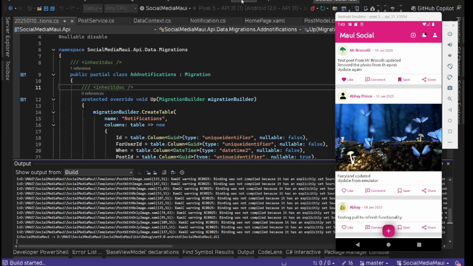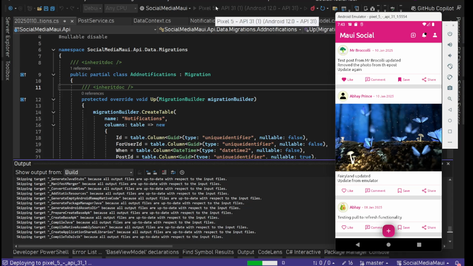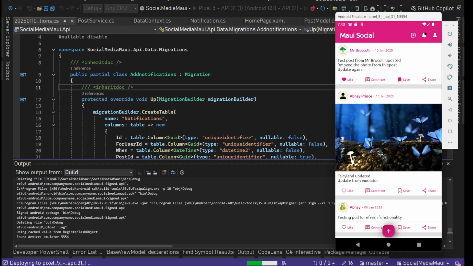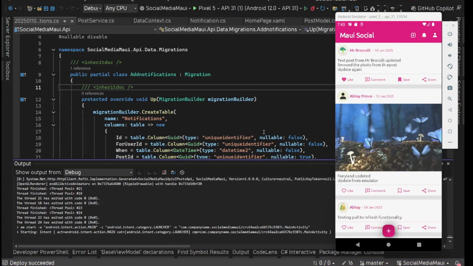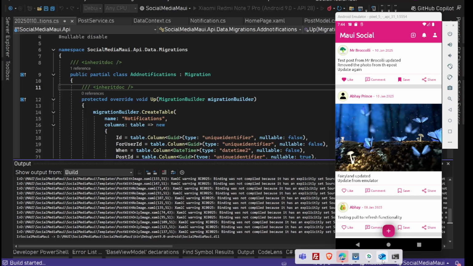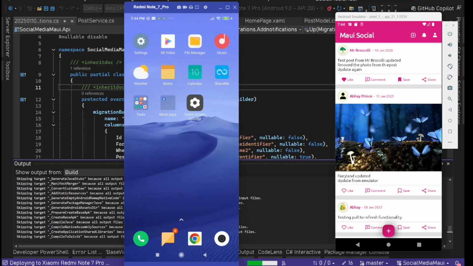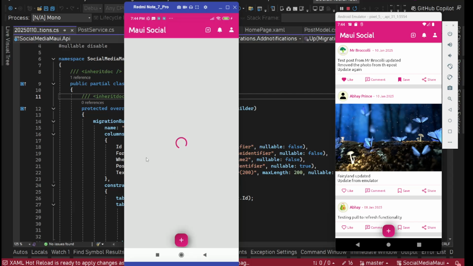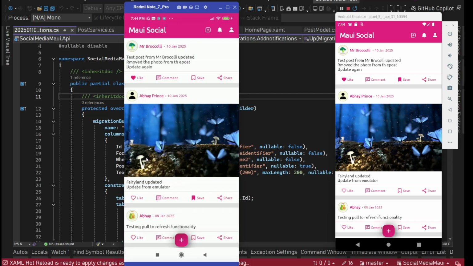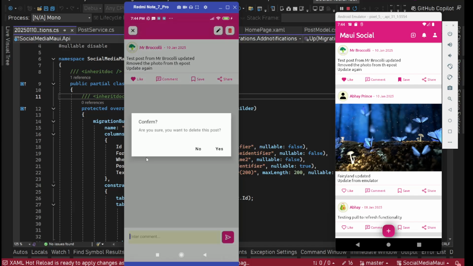Then I'm going to run the app on a physical device. Directly, start in debugging mode. Okay, emulator, we have this. Let's quickly select the physical device, run it. App is loading. Let's select the first one, delete, yes,